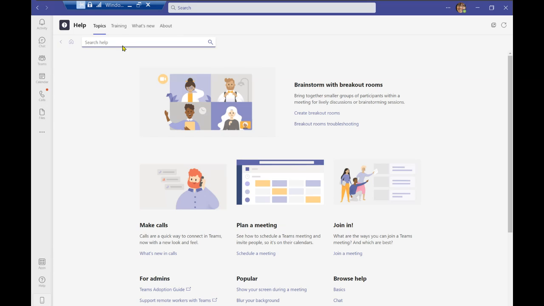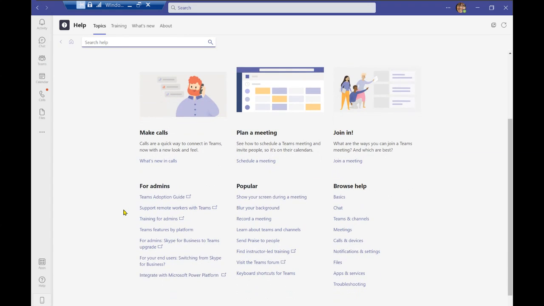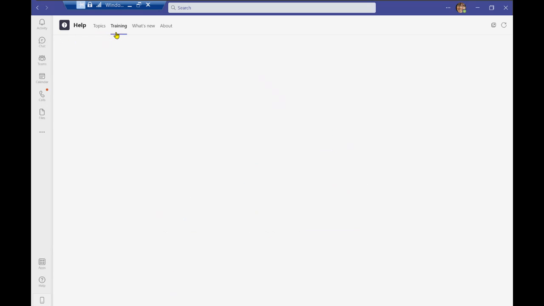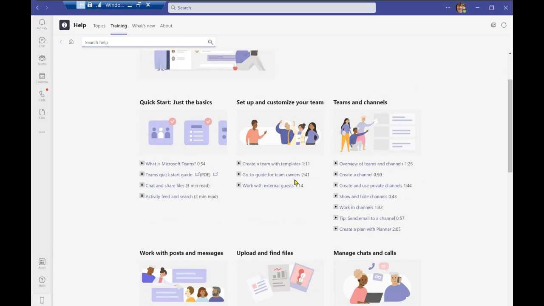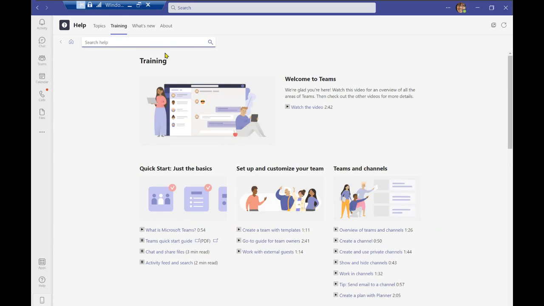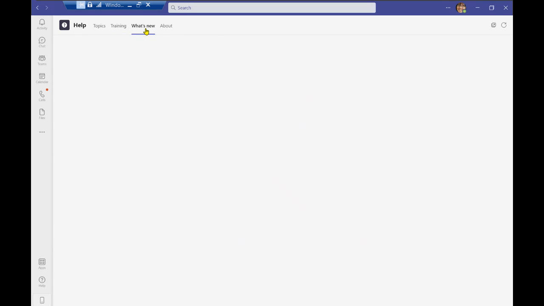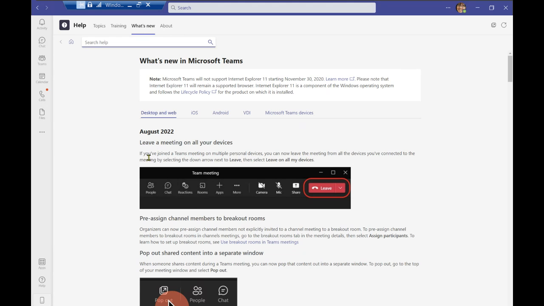It happens to everyone. You can go ahead and search up a topic, anything relevant to Teams overall. So whether it be Teams and channels or any other functionalities, you can go ahead and look it up, and you'll find any support documents right over here and any training videos or training support documents that can help you out in exploring what Teams has to offer. Along with that, as I mentioned before, you can find any features that have been newly identified in Teams that you can work with. And you also have the option to go ahead and suggest any features as well.